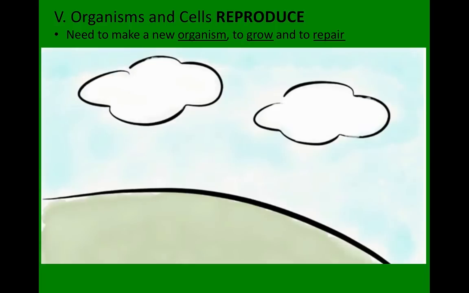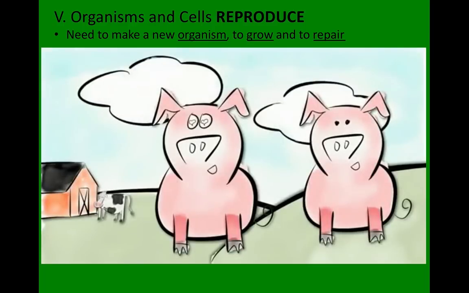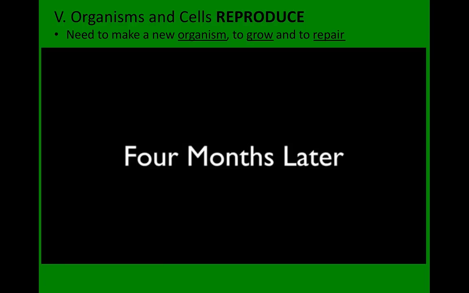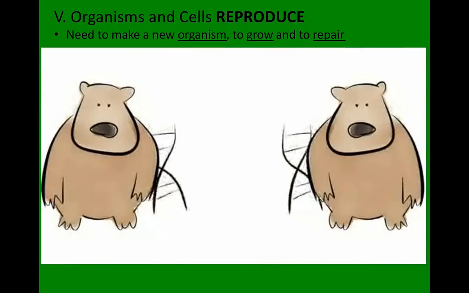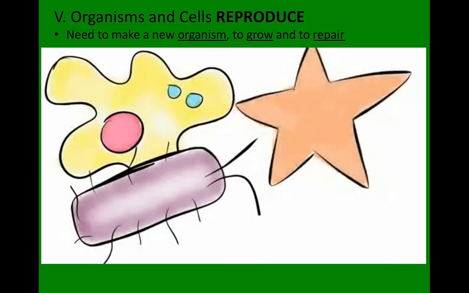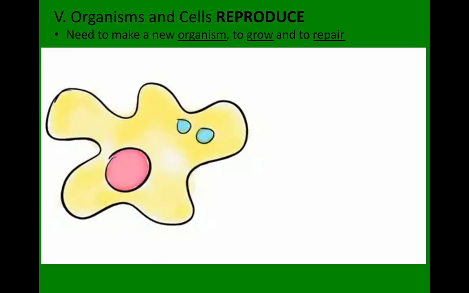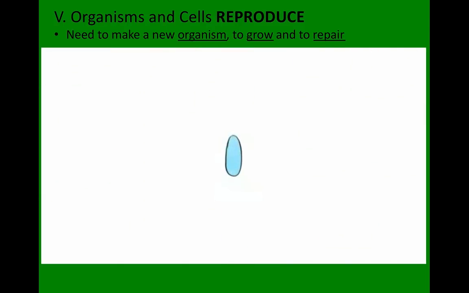Asexual reproduction. When an organism reproduces, it makes another of the same species. Some organisms reproduce sexually. Cows make more cows, and pigs make more pigs. Sexual reproduction combines genes from a mother and a father, making a genetically unique organism. Other organisms reproduce asexually. In asexual reproduction, all of the genes come from a single parent. Asexually produced offspring are genetically identical to the parent. There are many methods of asexual reproduction.